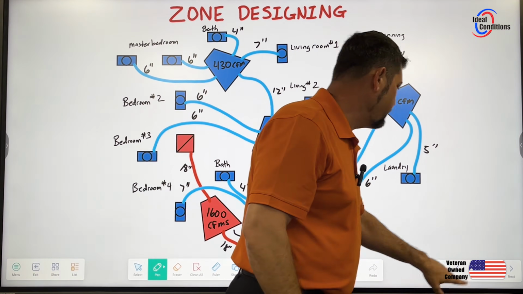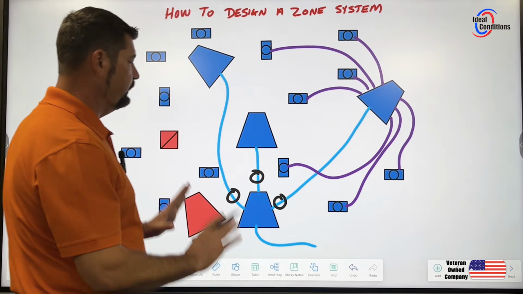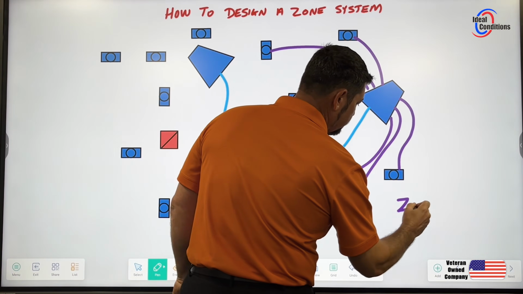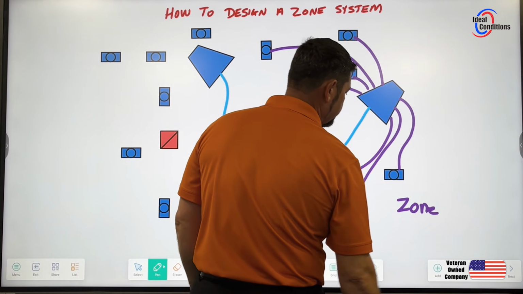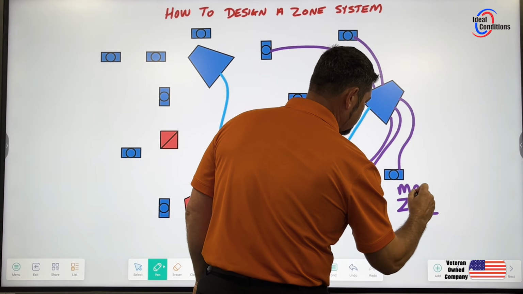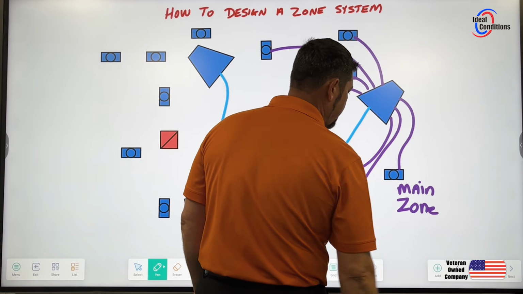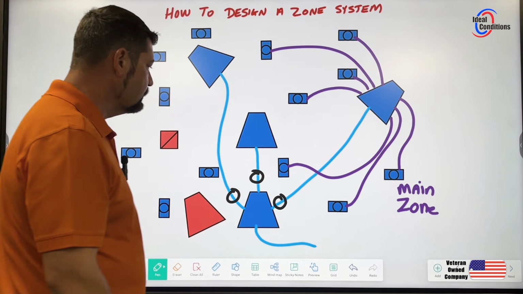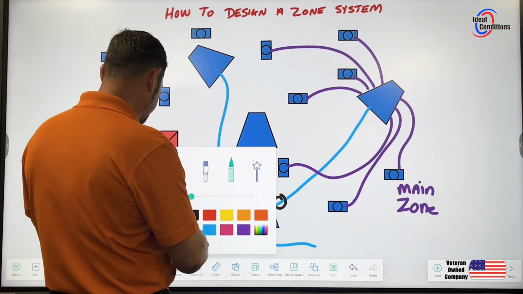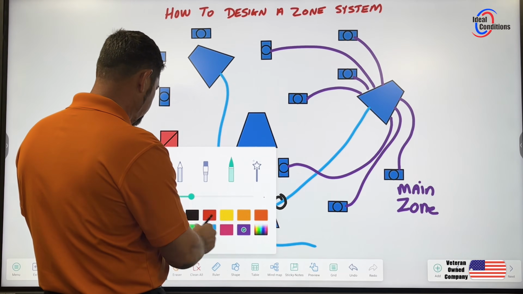All right, so let's just go back, and we're just dealing with that one zone. So we're going to call this zone. This is the main zone. That main zone. All right, and so let's go back and we'll say in black, oops,